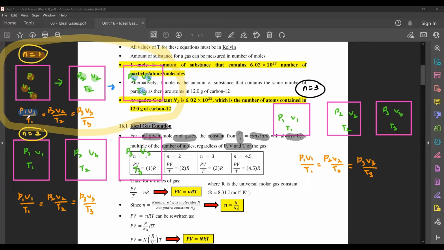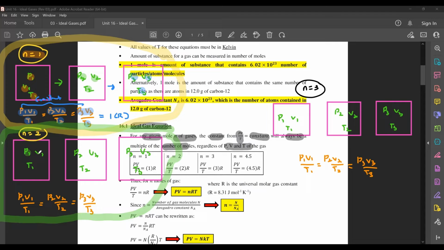Meaning to say P1V1 over T1 will be equal to P2V2 over T2, equal to P3V3 over T3, which people actually found out will be equal to 1R. This is the part where they say that it was constant. They say PV over T is equal to a constant, and they found out that that value will always be equal to 1R. If you then change the number of moles of gas that you have, say to 2 moles,